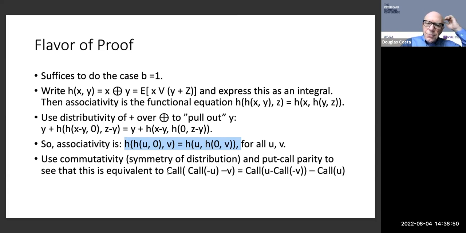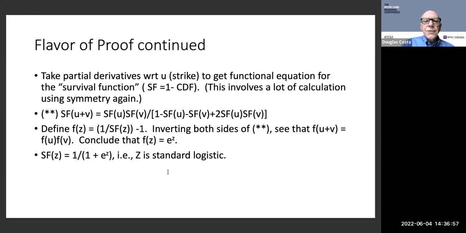We know from Breeden-Litzenberger that by taking derivatives with respect to strike, we can translate that into a functional relationship on the survival function. And this involves a lot of calculations, which again invoke symmetry. But the result is this double star formula, which after lengthy calculation, you arrive at. And it looks kind of suggestive. So once you see this expression for the survival function of u plus v, expressed in terms of the survival function of u and the survival function of v,